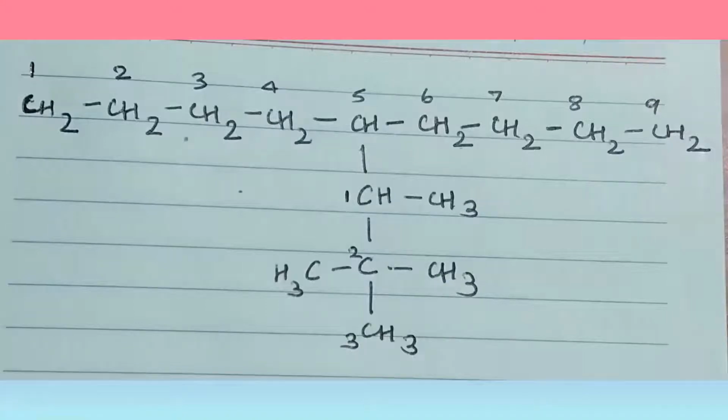So when we are naming this branching, the carbon atom that has this branching starting with, we name that as 1, and then the carbon that is attached to it as 2, and the last one as 3. Now these also have branching, and let's see how we name these compounds too. So if you see, there are now 9 carbon atoms in the parent chain and 3 in the main parent chain of the substituent branching, and these two have 3 substituents attached to it.